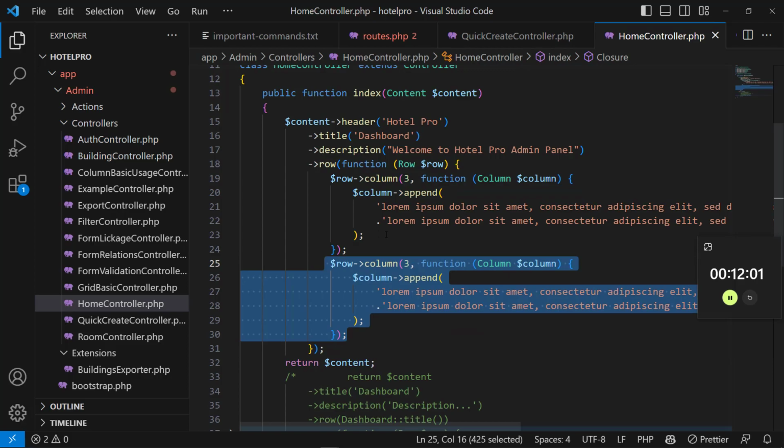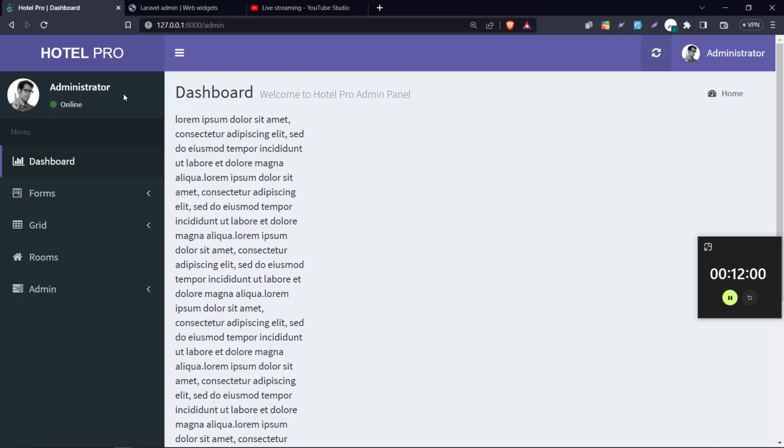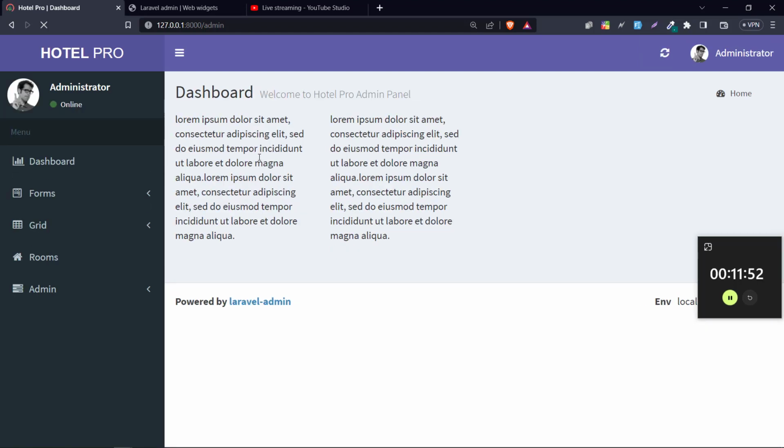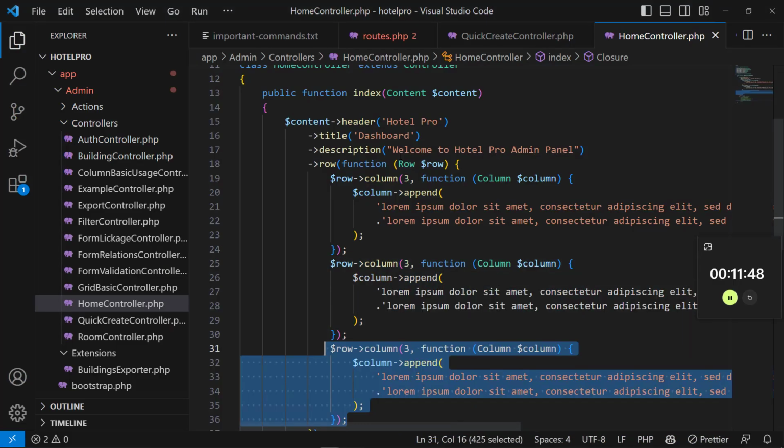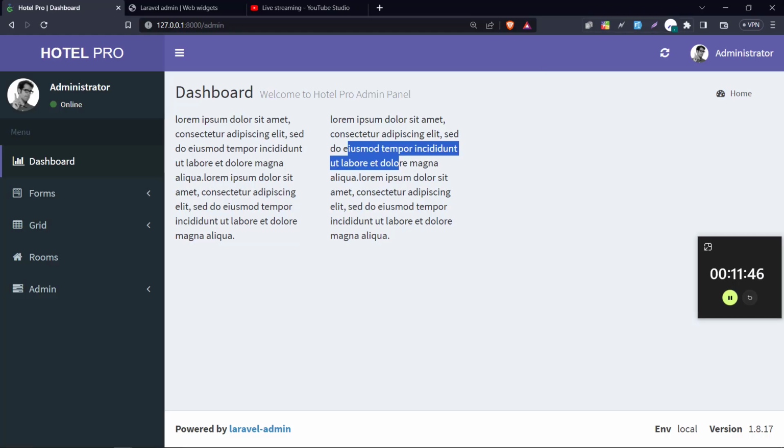Yes, I have to duplicate from here. So I can duplicate the entire column, and if I refresh, you'll see I have 2 columns. They are well organized. If I go ahead and duplicate into 4, you see I'll have 4 columns there,